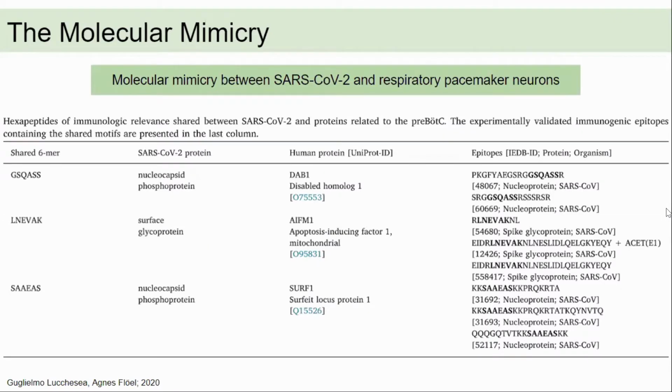Moreover, they show another report that they have three molecular mimics from SARS-CoV-2 that mimic the respiratory pacemaker neuron. What is the respiratory pacemaker neuron? It is a neuron with the intrinsic ability to generate rhythmic bursts that emerge through voltage-, time-, and calcium-dependent ion